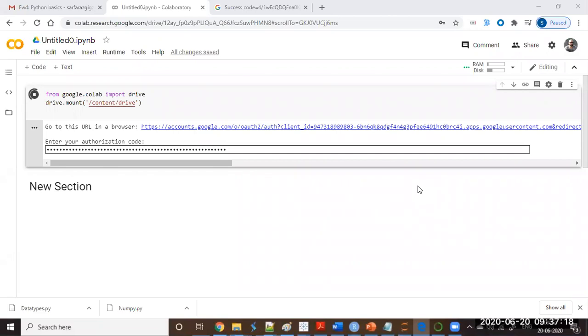Yes, I guess that's why, because it will load all the data, so it takes some time.